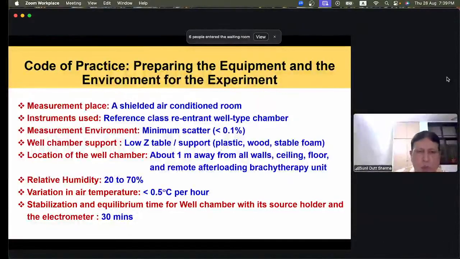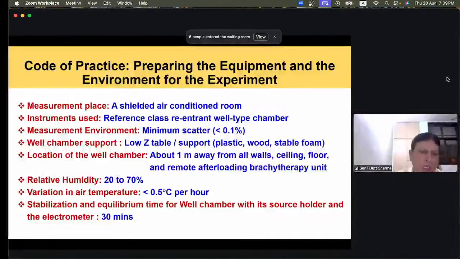Bell chamber support should be provided on a low-Z material table, made from plastic, wood, or stable foam, so that these materials do not give significant scatter contribution, which would need additional correction. Location of the bell chamber should ideally be 1 meter away from all the walls, ceiling, floor, and remote afterloading